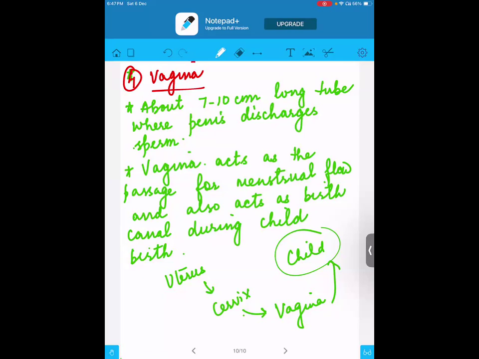The third way they ask is in the form of a diagram. They give you the diagram and ask you to label any 3 parts and write the functions of it. So indirectly or directly, definitely every year you can open any of the sample papers. For 3 marks, this question will be there. So make sure that you understand this topic very, very well, be it the male, be it the female.